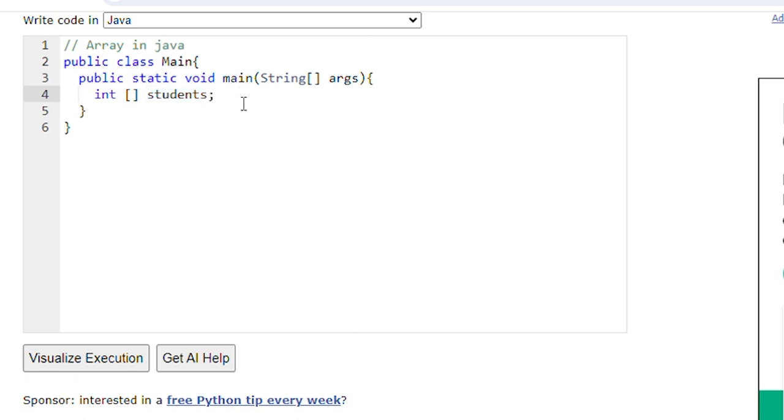Earlier also we have seen that we declare a variable like mark. First we declare a variable, then we can assign some value like mark equal to 20. So this is known as declaration of the mark variable, and this is known as initialization of the mark variable. Here also similarly we have declared the students array, and now we can initialize the students array equal to new. We initialize an array with the new keyword,